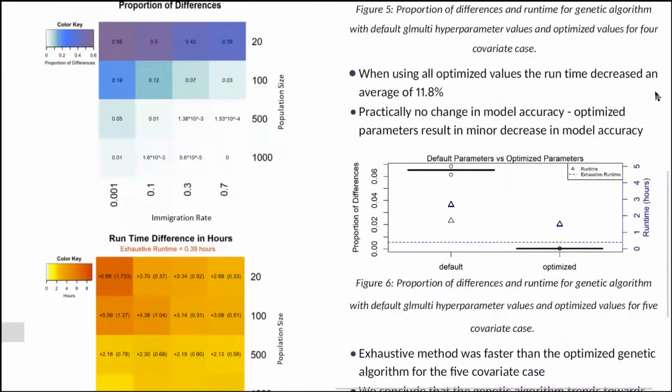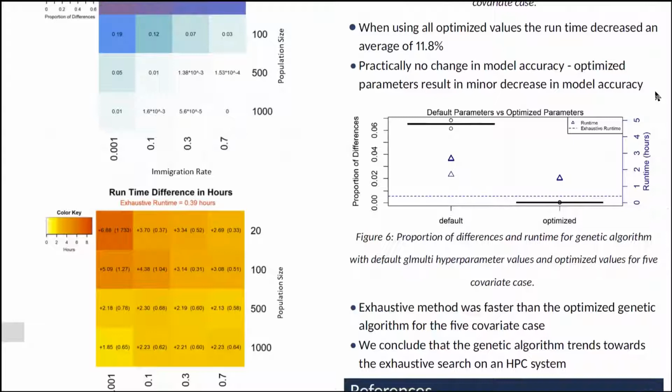So for the 5 covariate case, it was found that the exhaustive method was faster than the optimized genetic algorithm. And so we concluded that the genetic algorithm trends toward the exhaustive search on an HPC system, essentially because the optimized population size that was chosen was very close to that of the total number of